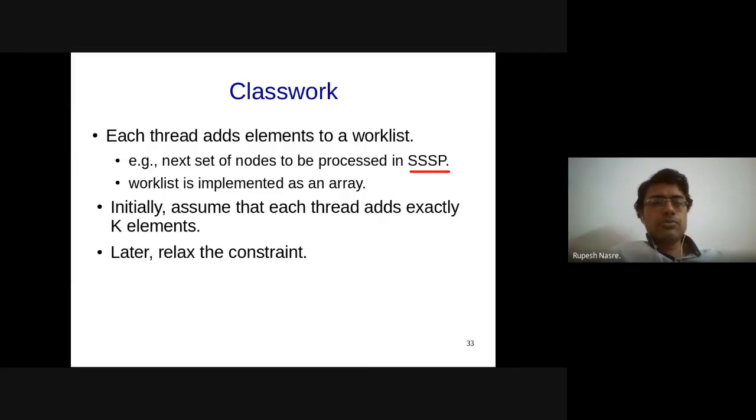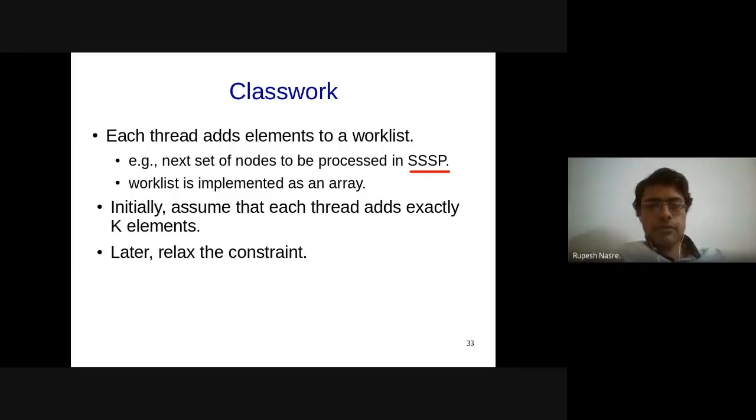Many times on CPU, we might implement a queue or a work list using a linked list. But on GPU, since we would like to do that in parallel, we would like to implement the work list as an array so that multiple threads can operate on multiple elements at the same time. So when from the root node there are, let's say, 10 neighbors, all these 10 neighbors can be operated on by different threads, right? So that is what we would like to do in the work list implementation. Was there any question?